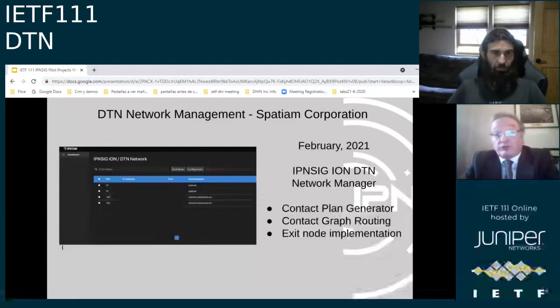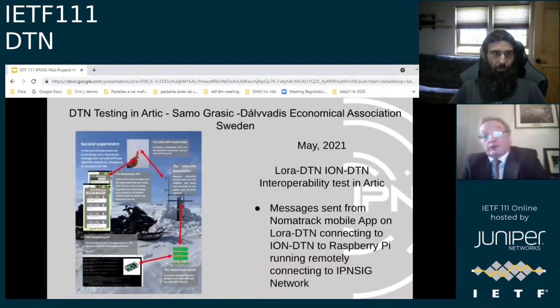Last February, we developed, as part of this group at Spatial Corporation, the DTN work on network management that allowed the processing of a contact graph generator. Now, automatically, we make testing with contact routing and the exit node implementation. We also, in our group,